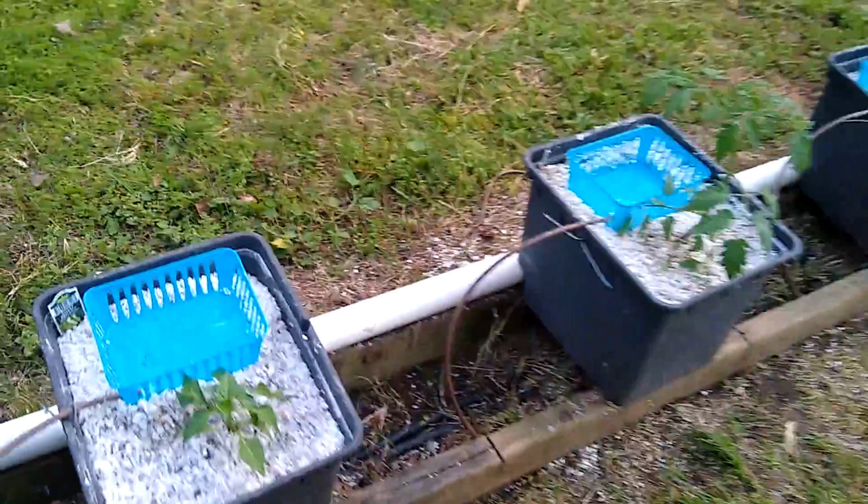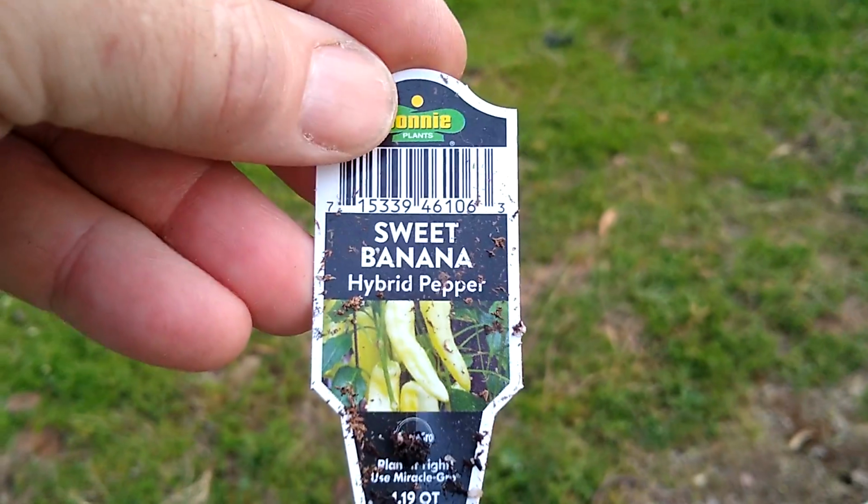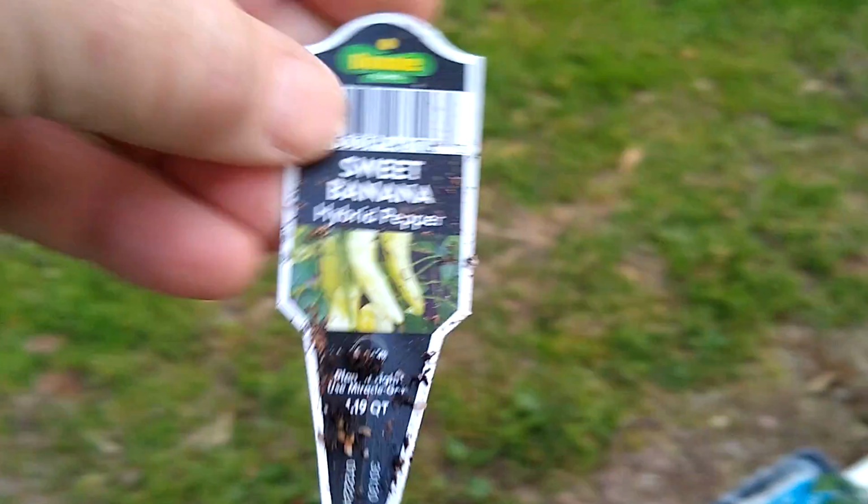Let's see, I also have peppers here, and these are just yellow banana peppers. They look remarkably like this. It's a sweet banana hybrid pepper. I like to go with hybrids. I'm not a seed saver. So when you get a hybrid, some of the things you get are usually